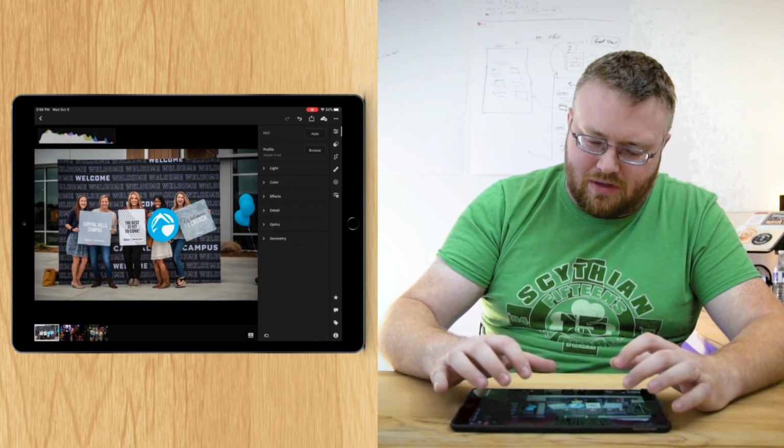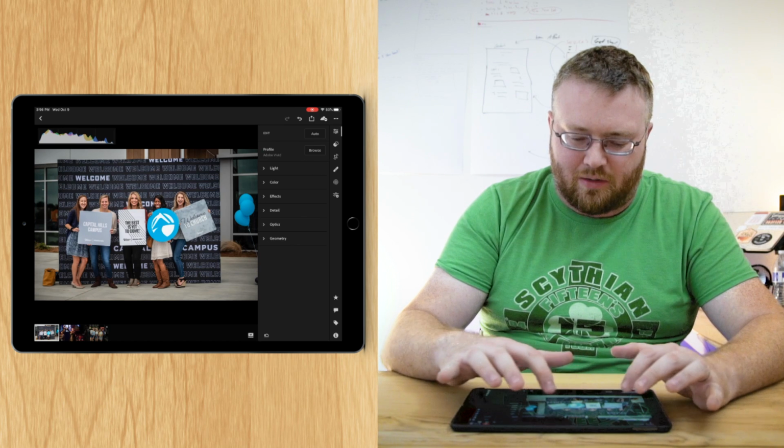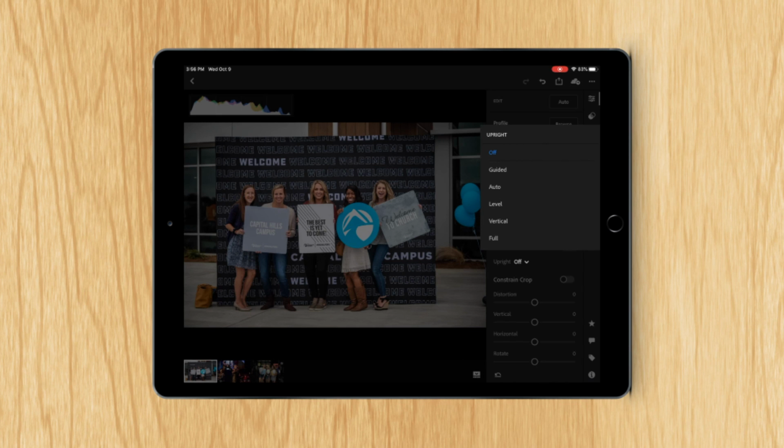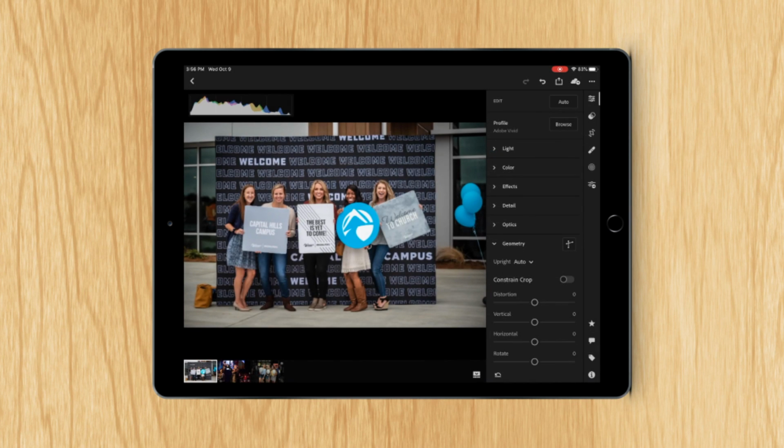I'm not going to do that because I have this nice square element in the back. My auto upright might get me exactly where I need to be. So I'm going to hit auto upright, and now it's going to take, it's barely imperceptible. If you toggle between the undo and the redo, you can see how it's just straightened it up very slightly. That's because I've got this nice square backdrop